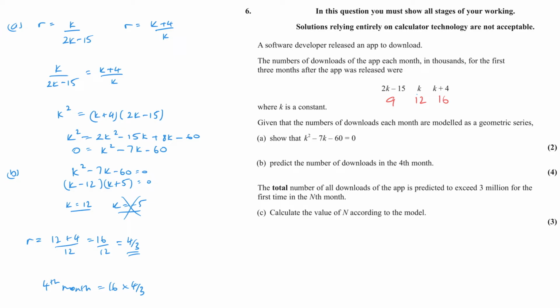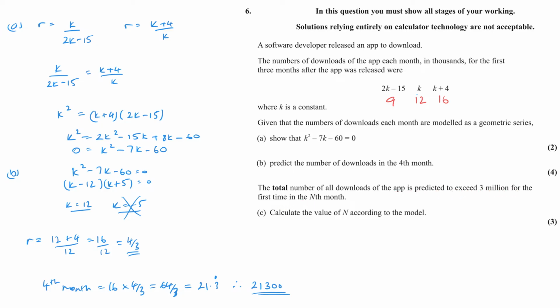16 times 4 over 3 is 64 over 3, or 21.3 recurring. Now it's in thousands, so it's 21,300 approximately, or you could put 21,333. Now, part C is the total number of all downloads of the app is predicted to exceed 3 million